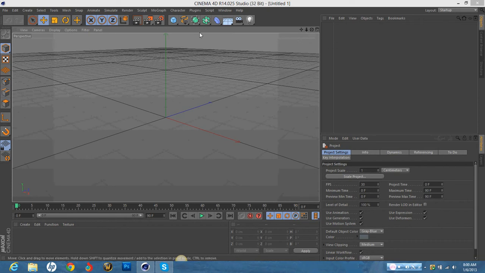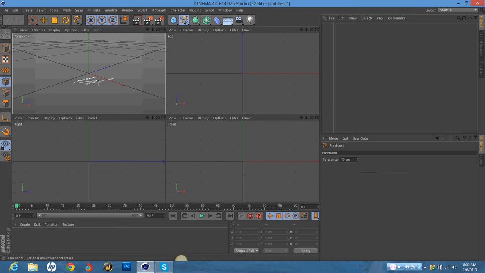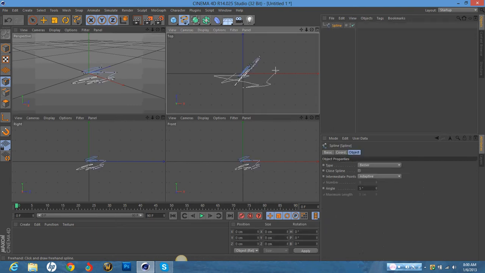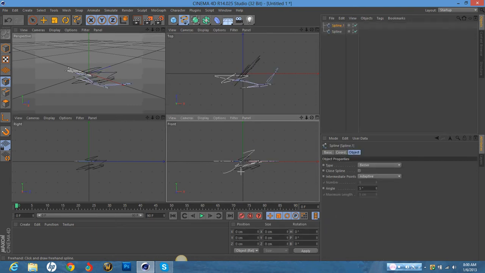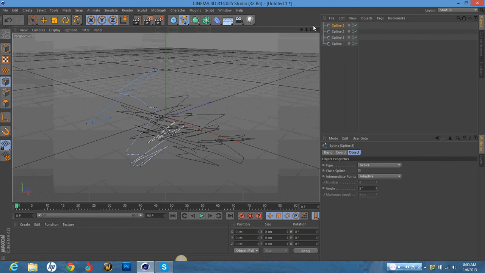So let's get started. The first thing you want to do is click on this Windows button in the corner, and it's going to bring up these four grids, and you're just going to take the freehand spline and scribble. Doesn't really matter much, jagged edges usually work best. And then once you have that, just restore it back to this,